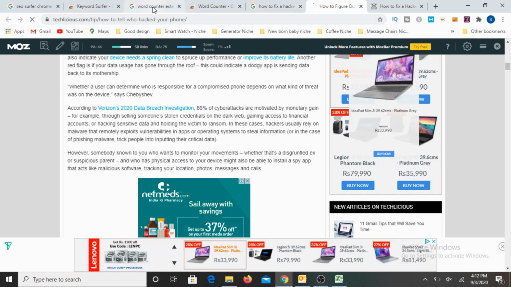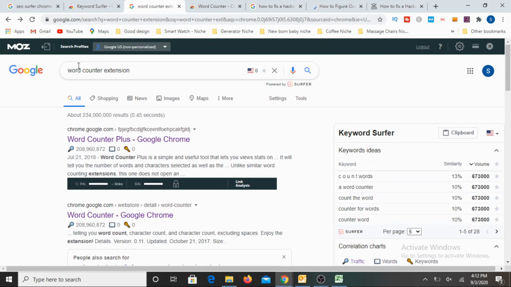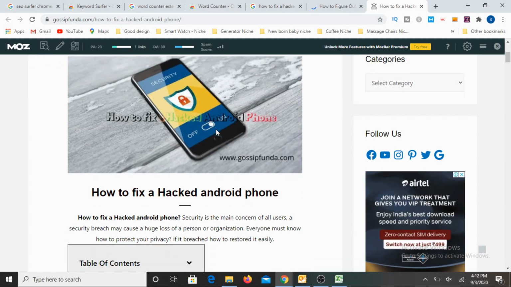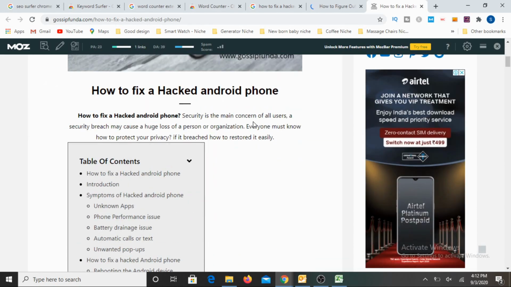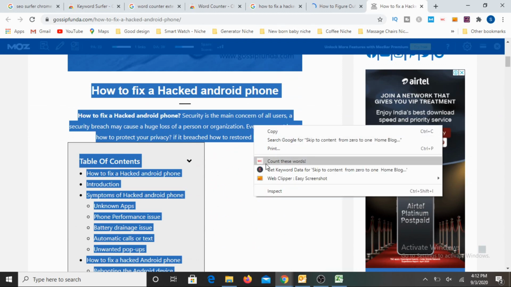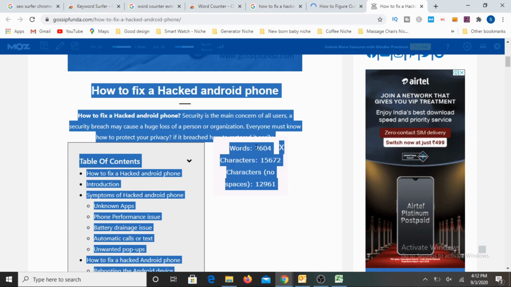And the second extension I mentioned is the word count extension. It does a similar function, but you can look into the word count of an individual article. For example, this is the article that we just opened. If you select all with Control A, then right click, you will find the word count option. This is on a specific page, and it works because of the extension we just installed. Click on this, and it will show you that there are about 2,600 plus words.